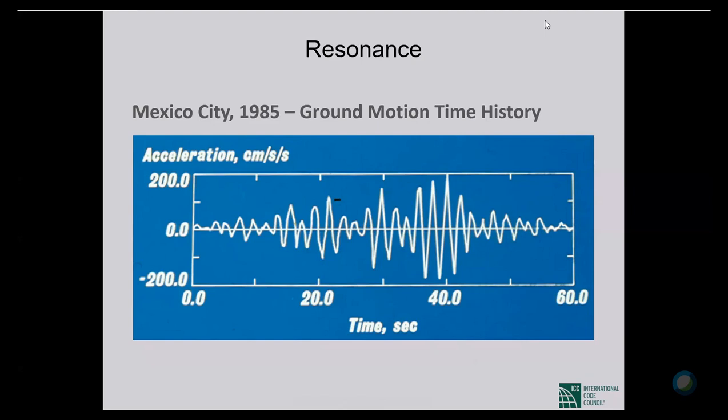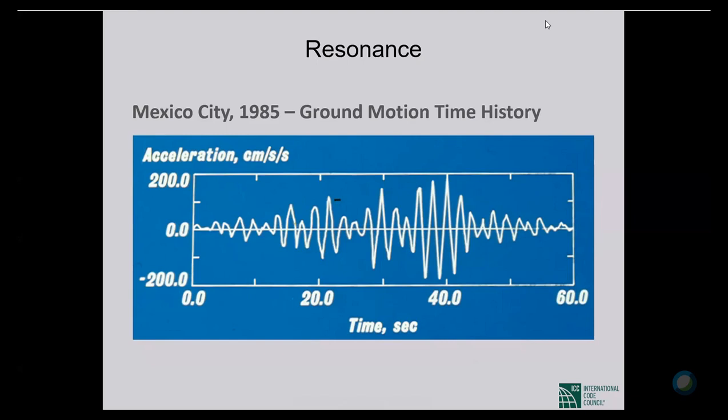And that is because what you see is the response of the soft soils in downtown Mexico City to subsurface rock motion. Much of downtown Mexico City is built on an old Aztec lake bed, which means very soft soil deposits. People have likened it to jello that goes back and forth